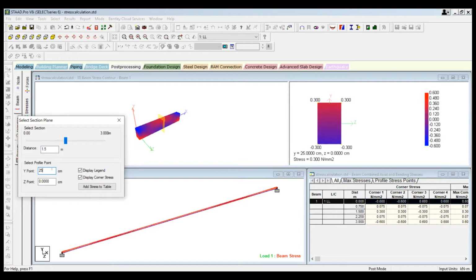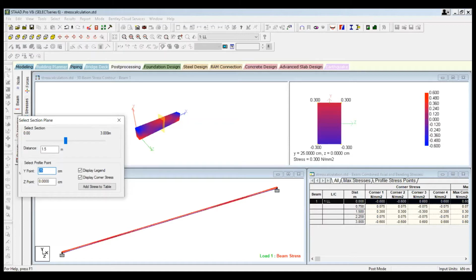So at 25 centimeters, it is at the edge, it is 0.3. If I give 20 centimeters, see the green pointer is coming over here. The stress value at that location is 0.24.